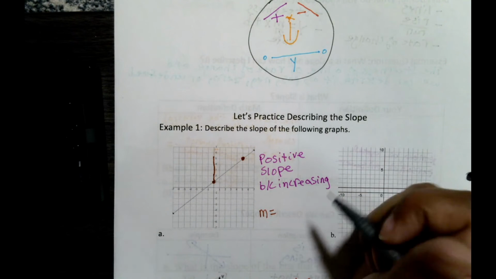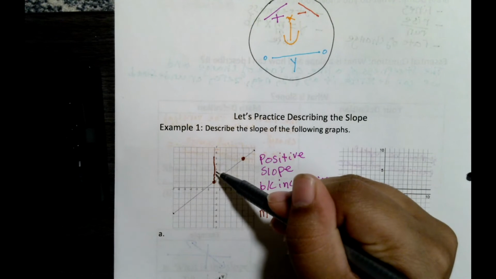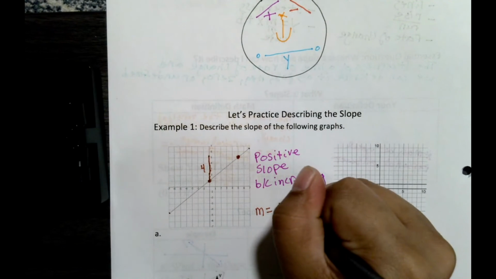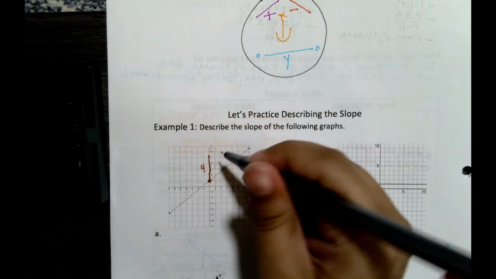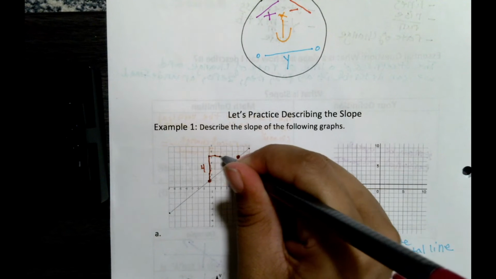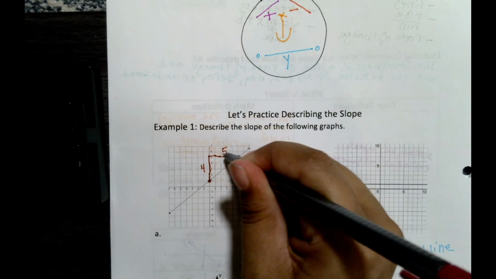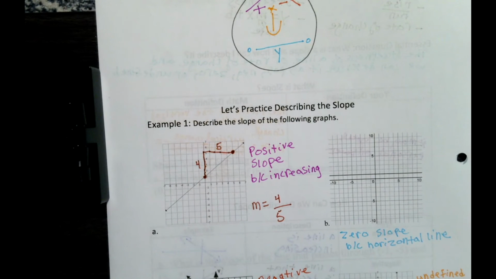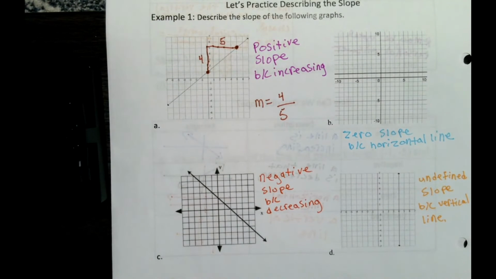Alrighty. Now let's take a look at our last one down here. So we're going to pick 2 points on it. So let's choose this one here. And like I said, it doesn't matter which points you choose, as long as you remember your rise over your run. So m equals, well, we're going down 1, 2, 3, 4, 5,